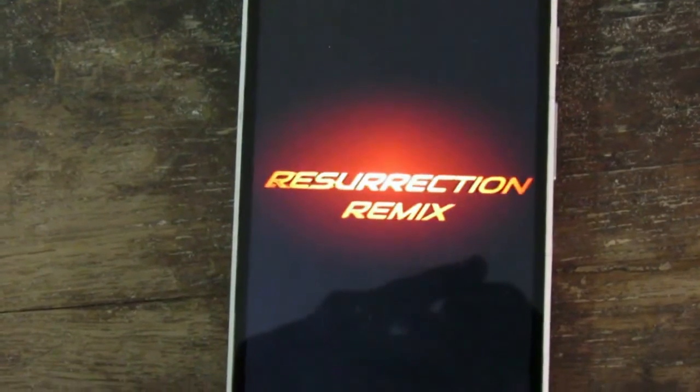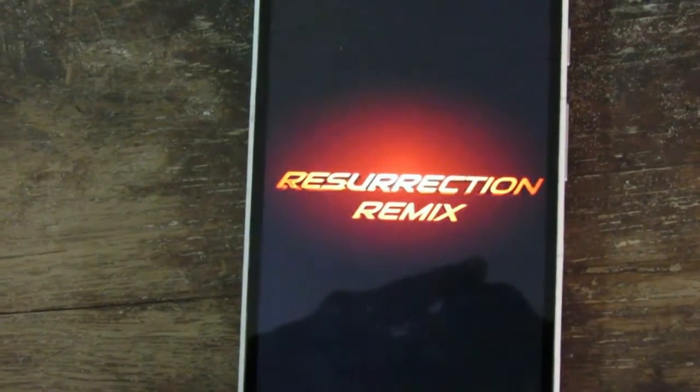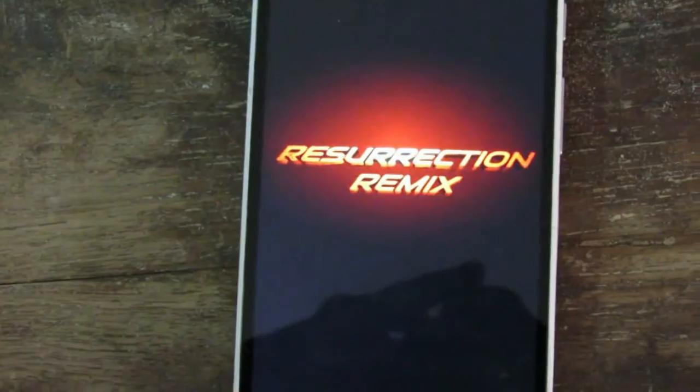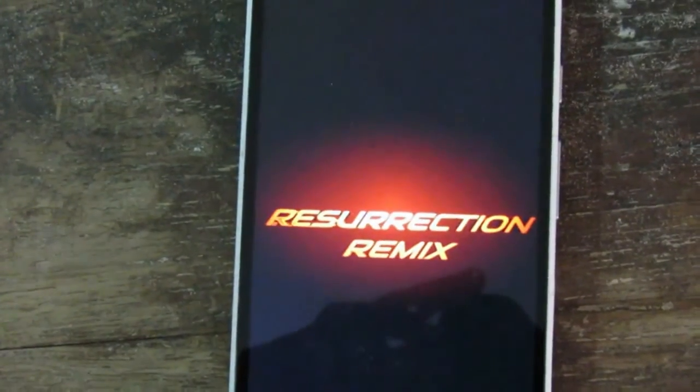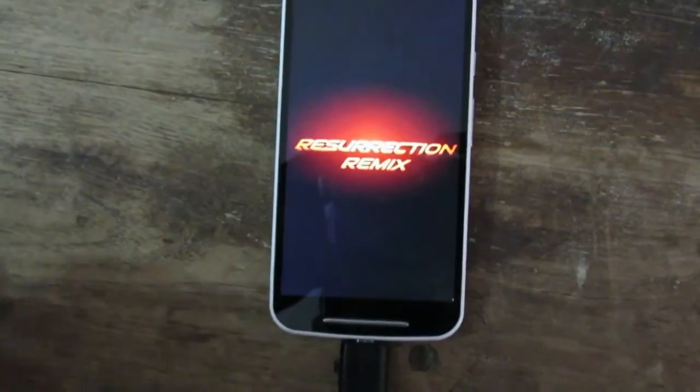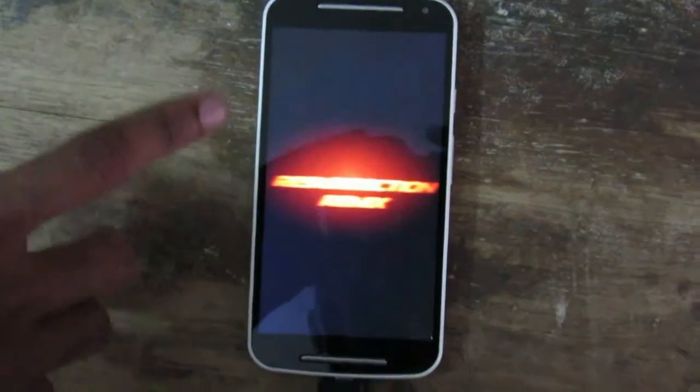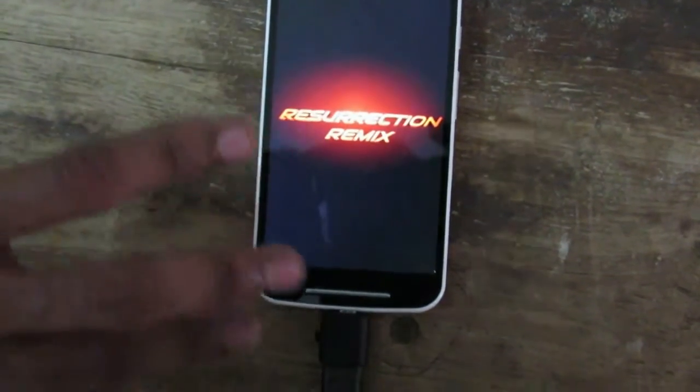Just leave it until it reboots. Here you can see this is taking very long time to boot. So actually it is stuck in boot loop.